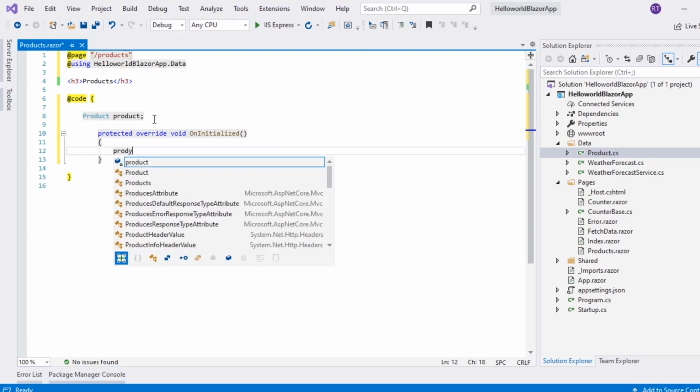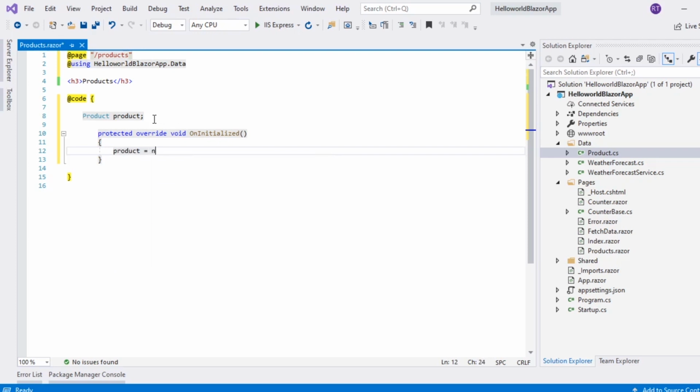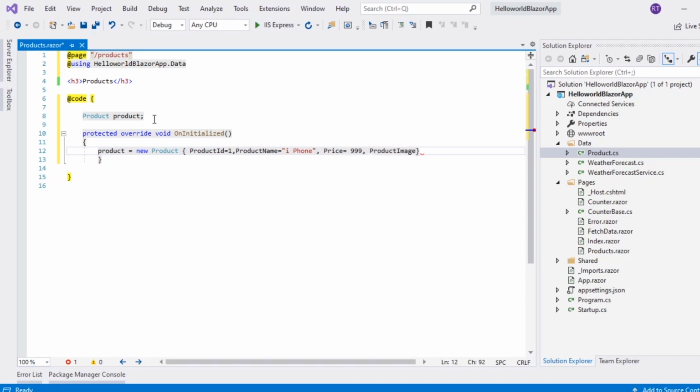Here I'll define the data for that product: new Product, with ProductID, let's say 1, ProductName iPhone, Price $9.99, and ProductImage.